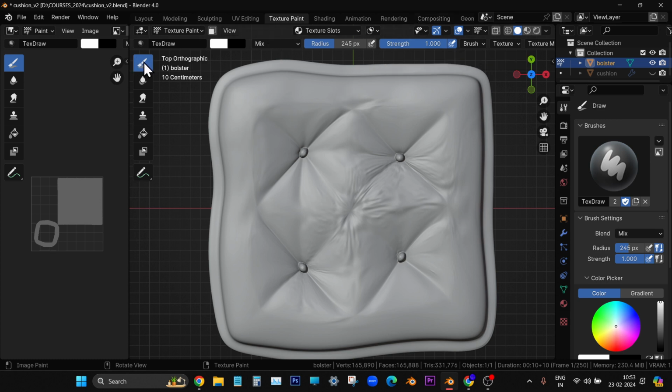You will see, on the left side, draw, soften. That is soften the pixels in Photoshop. Here it softens the mesh, and then the spear option and cloning option are all in Photoshop. Fill option, all are there. So it is almost like Photoshop, but for 3D. That is the difference. And you have brush options, the radius, strength, and